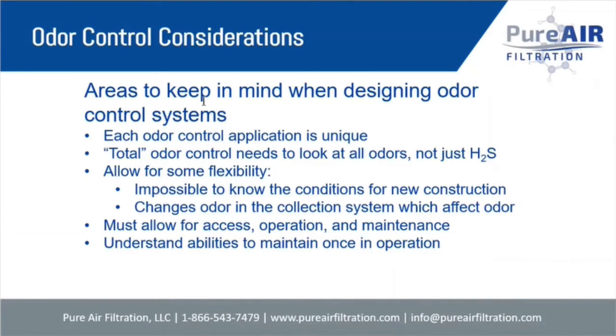So when talking about odor control for wastewater, there's lots of different things in mind. The big thing for us is we see every application as completely unique. In fact, our engineering team gets a little frustrated with us because they're like, can't we ever sell the same system over and over again? We say, well, you know, every system is unique. Special airflow, special odor constituents coming into it, special requirements for it. And so that's how we look at it, is that, hey, whatever you need, we can provide with it,